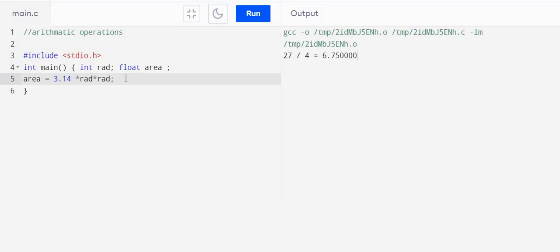So area is generated. Now let's printf area is equal to, for example, %f. So area will be printed now. So let's find out area.